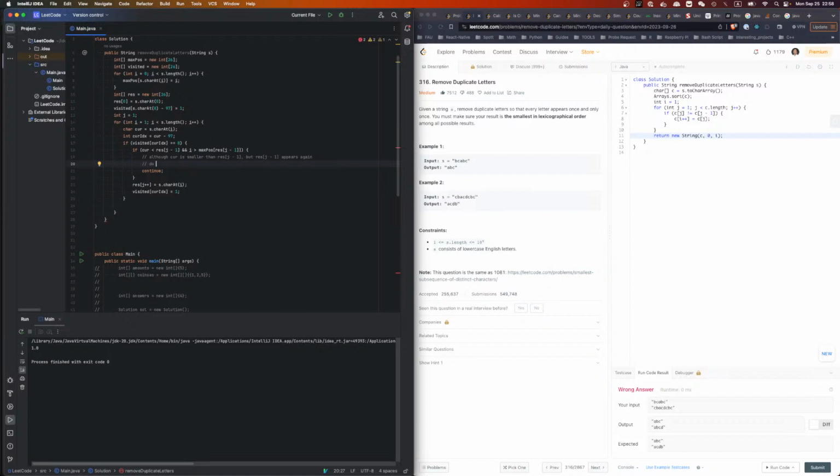Wait, hold a second. Current is smaller, right? And i is smaller. Then we'll swap. What the hell are you doing? Current is smaller and appears again later. Replace this with current. So how do we replace? We say,